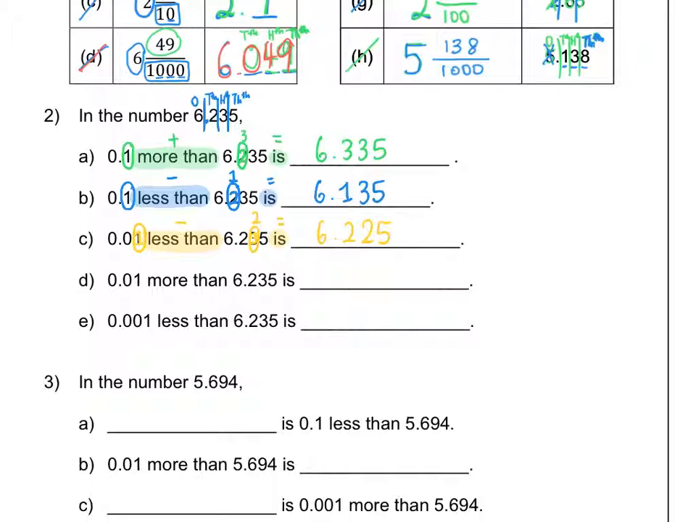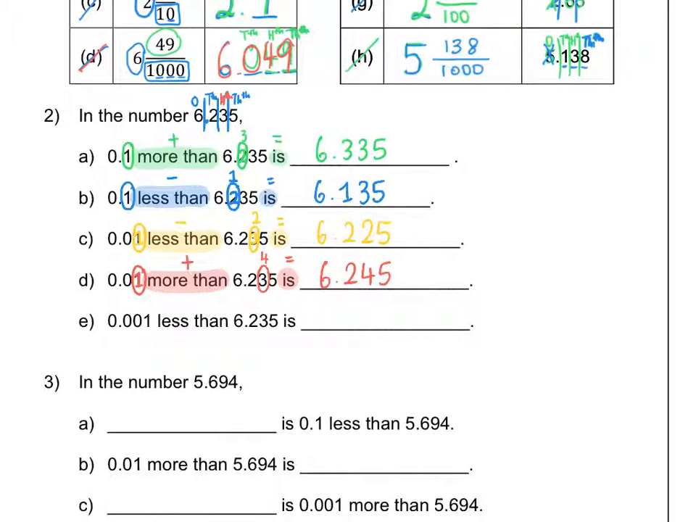Let's go on to part D. Okay, part D, 0.01 more than 6.235 is. So same thing, more than means plus, is means equal. Okay, so if you are looking at 0.01, this digit 1 is in the hundredths place. So you look at the digit in the hundredths place, there's a digit 3. So 3 plus 1 gives you a 4. All the other digits remain the same. So your answer for this part is